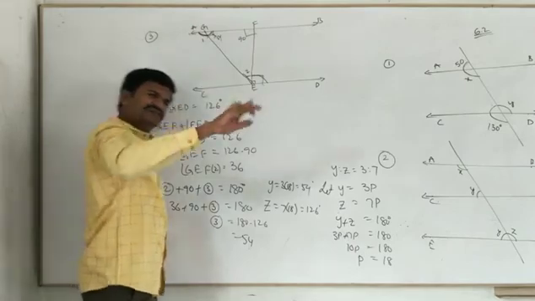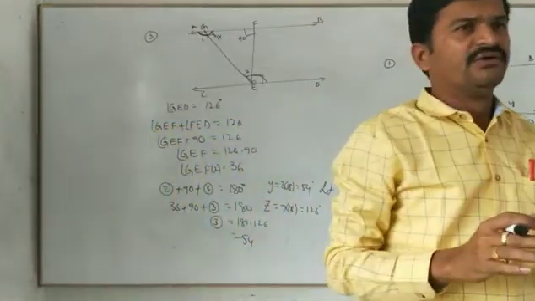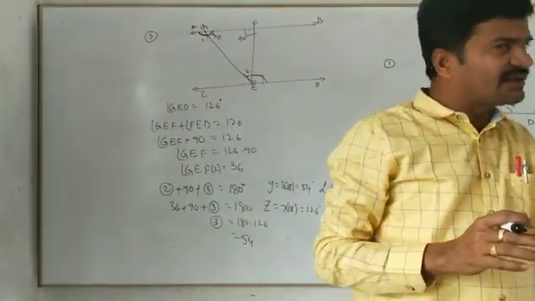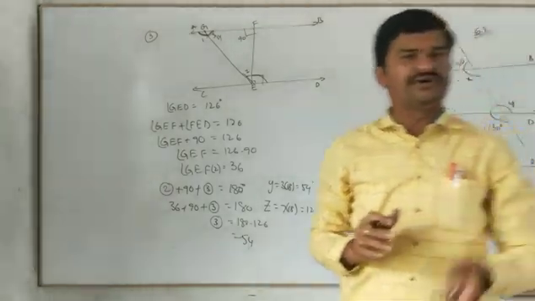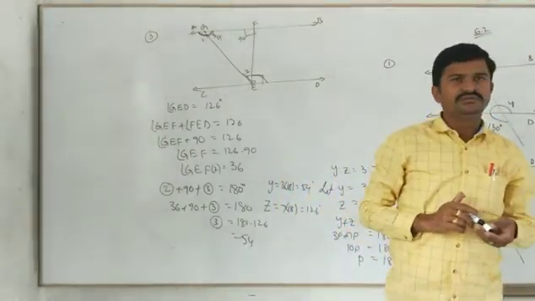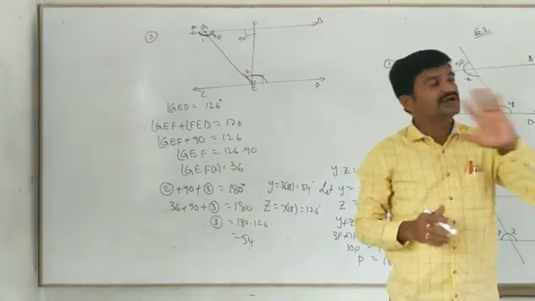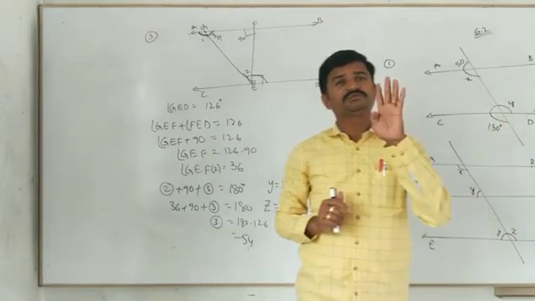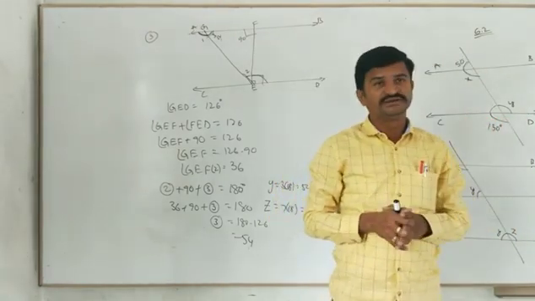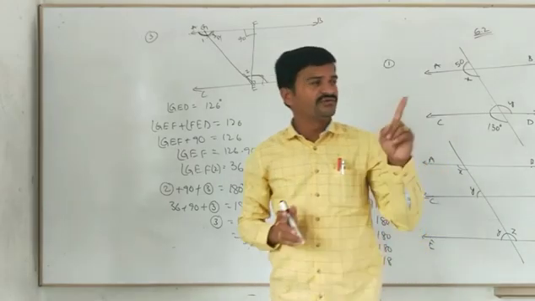Straight angle. Like that, one is linked to another. Whatever the proper, appropriate link is, that one you have to find, apply that reason, and find it. Are you clear? Will you be able to do it or not? So the first three sums, and the fourth sum also I am going to give as homework. Try to complete four sums from exercise 6.2 today itself, everybody. Is it clear? Yes, sir. Without fail.